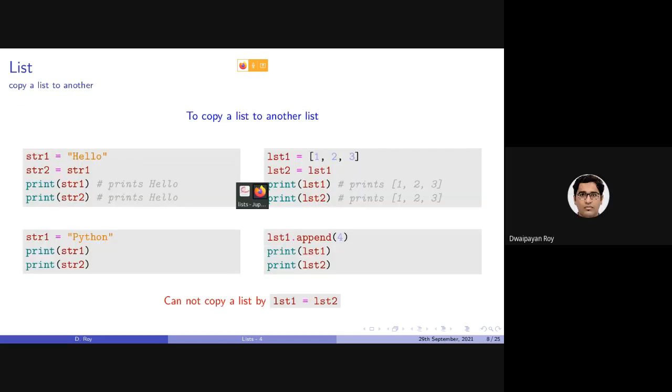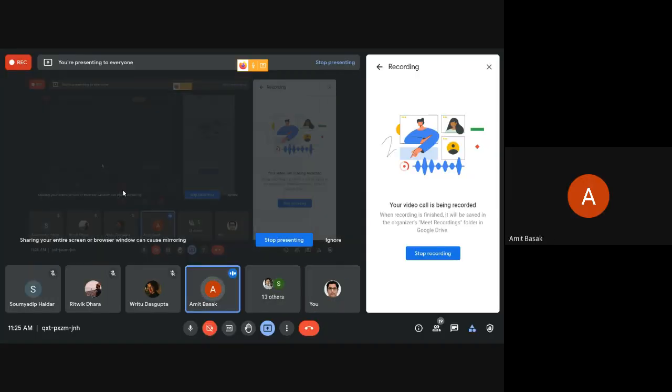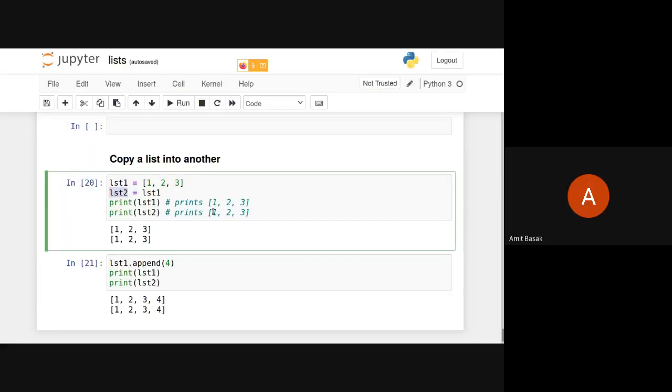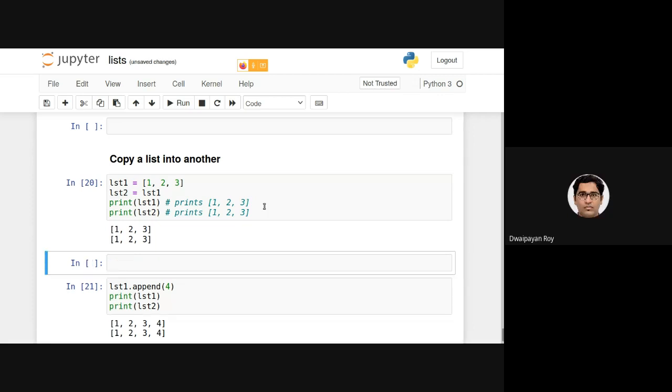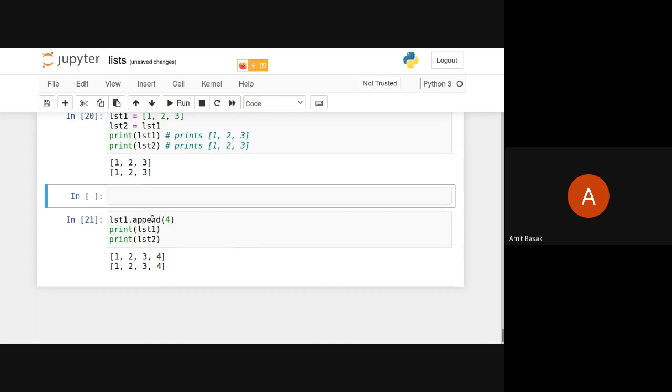Sir, yes, sir, Christian. But how is it happening? I mean, the value of list two, so first I compile the first cell. So now list two has some value, right? Like, list two has some value. So when I'm doing this again for the second cell, then how is the value of list 2 changing at all?